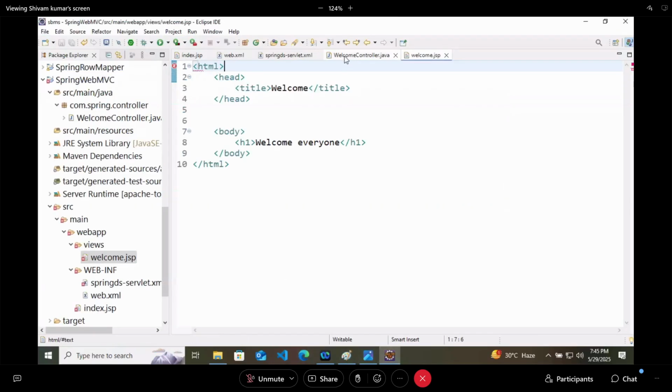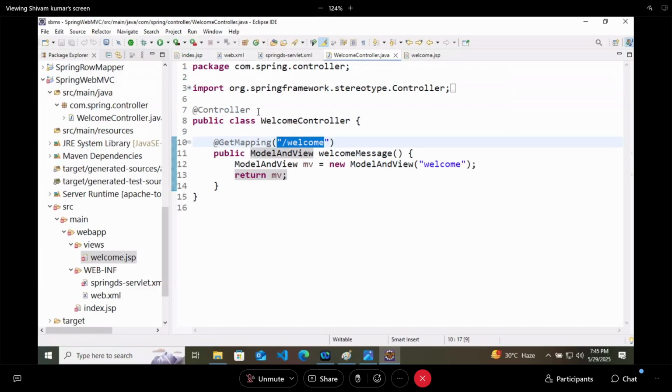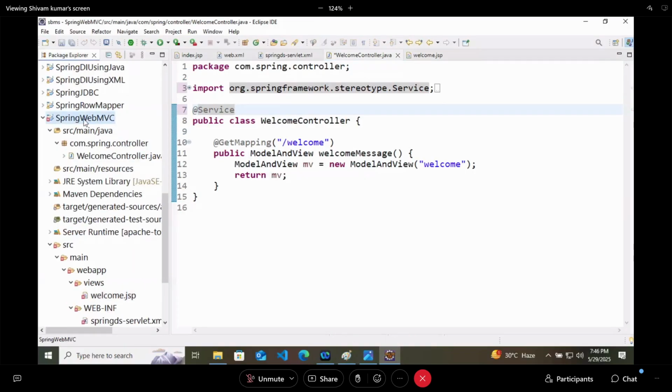Now to this controller, I will say that you are not a controller, you are a service. And we will start our application, that is Spring Web MVC.